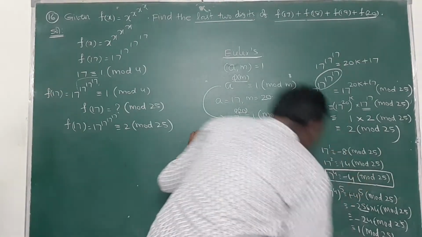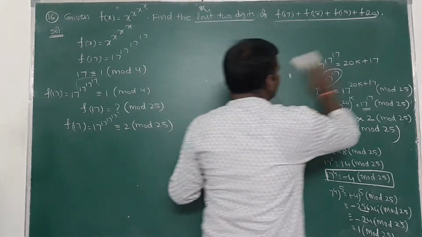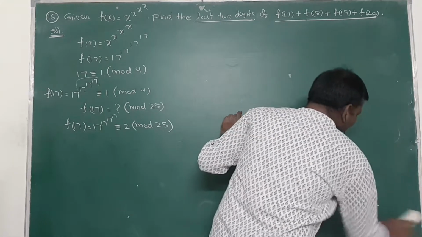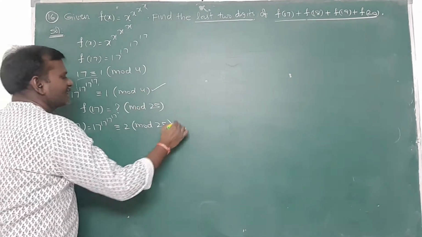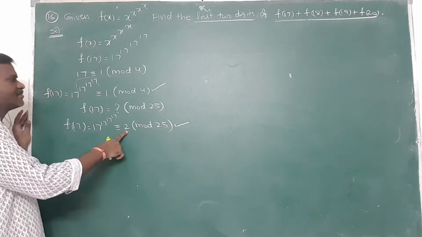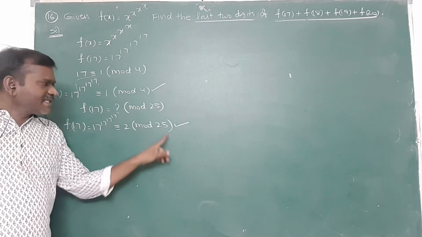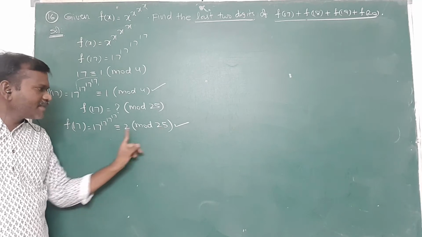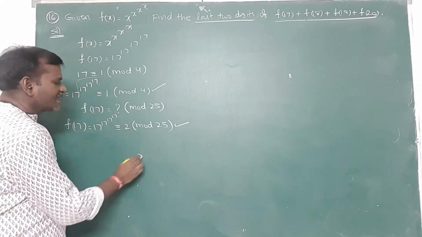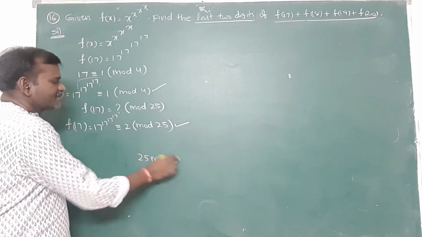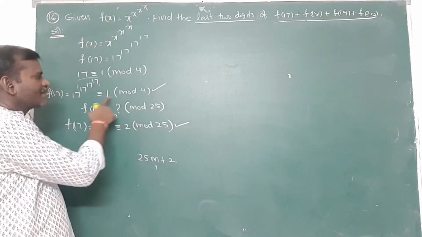So now we have to observe the common value here. Common value when divided by 100, what is the remainder? So keep in our mind this. When divided by 25, remainder is 2, f of 17. When divided by 4, remainder is 1. So first I am taking 25 1 25 plus 2, 27 I am taking here. This means 2 mod 25 means 25 m plus 2 form. If m is equal to 1, I am getting 27. 27 when divided by 4, remainder is 1?